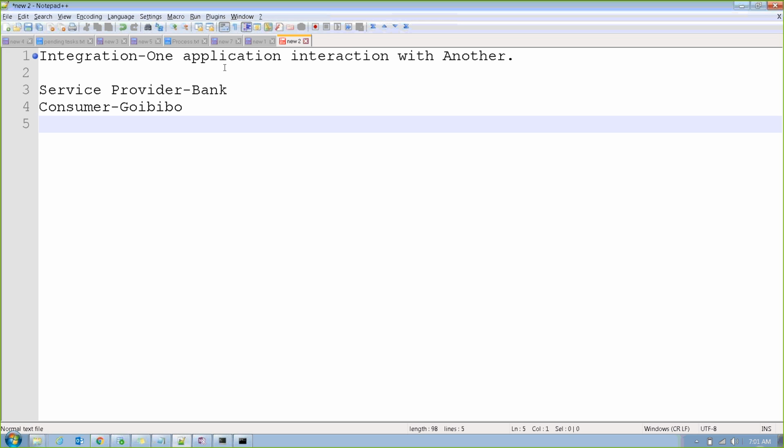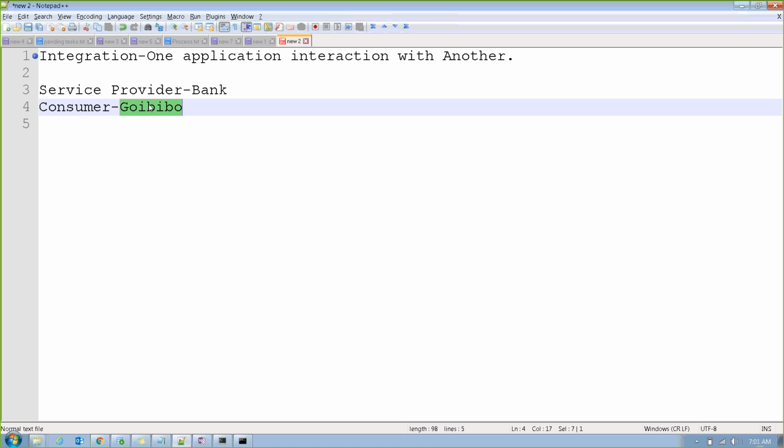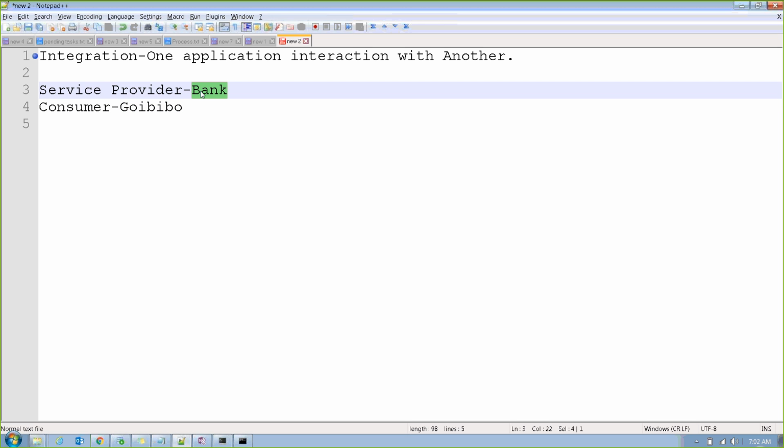So the bank says this is the amount and this is the card number, please deduct it. So the bank is going to deduct the amount and return the transaction ID to the GoIbibo people. And GoIbibo will issue a ticket and say this is a ticket ID or transaction ID and something else. So the bank is the one who is providing the service, taking the input, processing the data and giving the